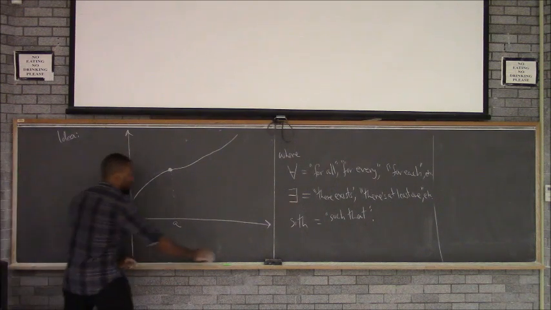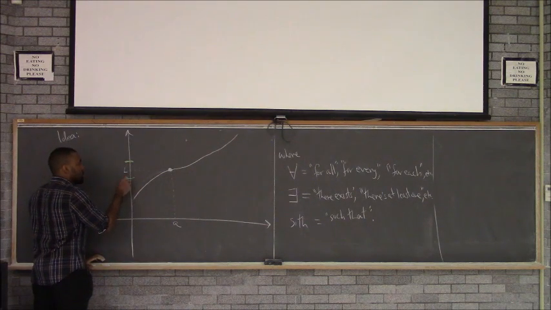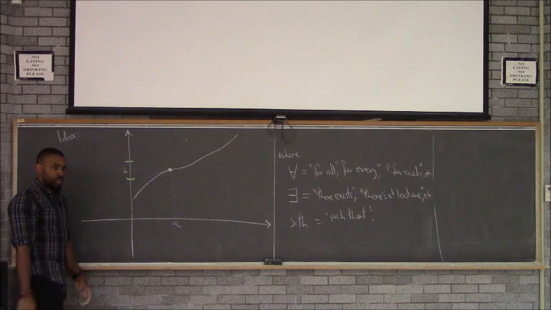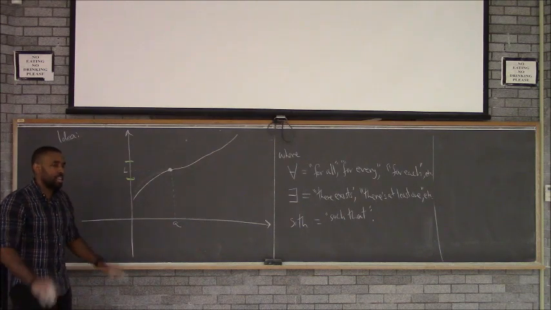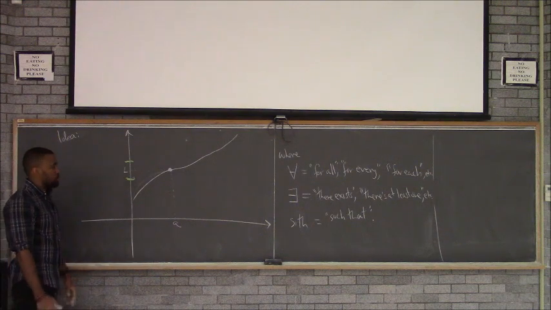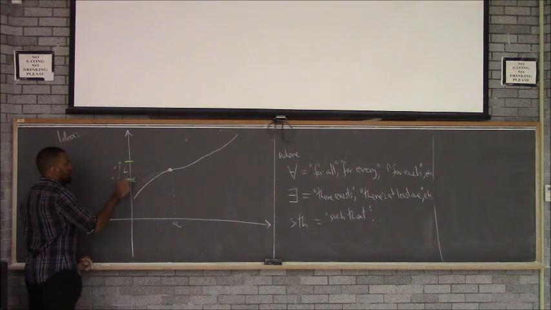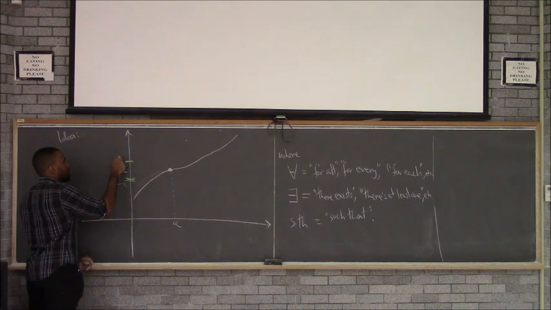So someone is going to come and tell you, okay, I will give you this window, this tolerance. Get within 3 decimal places of this number, and I'll think that's close. Or get within 1 decimal place of this number. Or get within 1,000 decimal places of this number. So this is like you're moving up a distance of epsilon or down a distance of epsilon. So this number here is L minus epsilon, and this number up here is L plus epsilon.